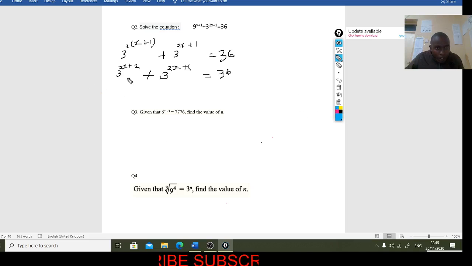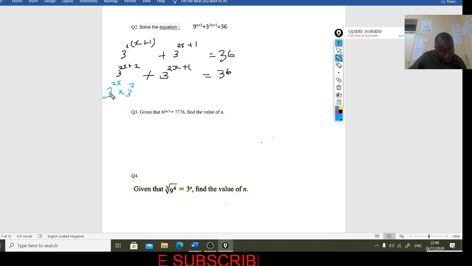Now, what you do, remember this is an addition. If there is an addition, first of all, we can just leave the addition the way it is. But what has happened here, there is a base and the powers are added. If the powers are added, that means this was multiplication with base of 3. So that means I can write this to be 3 power of 2x, because there was a multiplication that occurred, then times 3 squared,